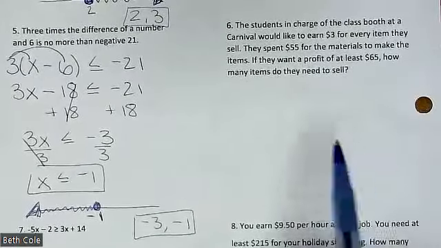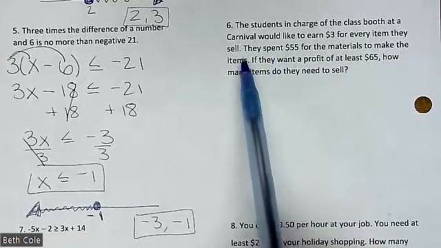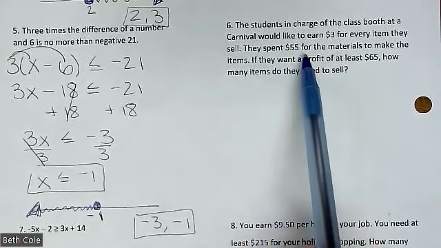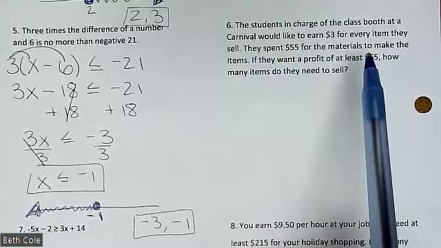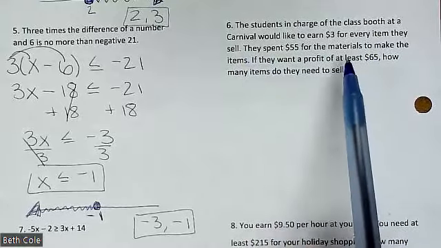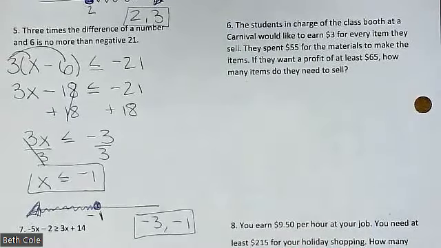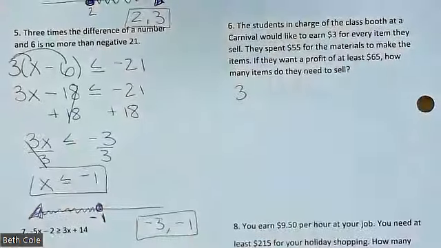All right, the students in charge of the class booth at a carnival would like to earn $3 for every item they sell. They spent $55 for their materials. So that's like how much they had to spend to buy everything to make the items. They want a profit of at least $65. How many items do they need to sell? Well, they want to earn $3 per item. So it would be 3x,